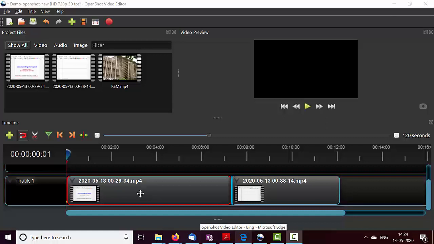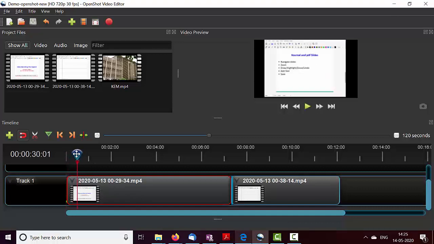To mute this, I can follow the same procedure as before, where I select this clip. Again, ensure that the slider is at the very beginning of the clip if you want to mute the entire clip, because if you set it somewhere in the middle and change properties, it will mute from this point onwards.